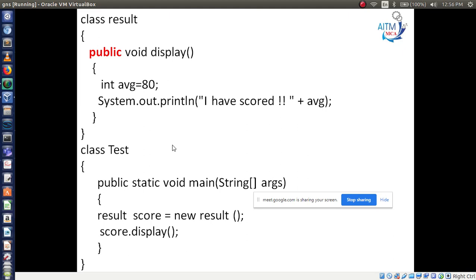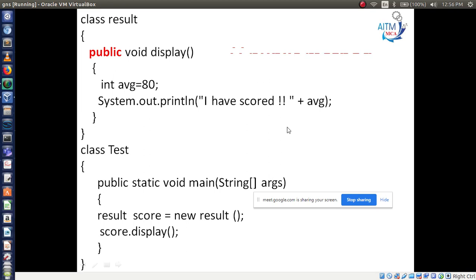What is the output for this program? You will get "I have scored", and the average variable has the value 80, so "I have scored 80".